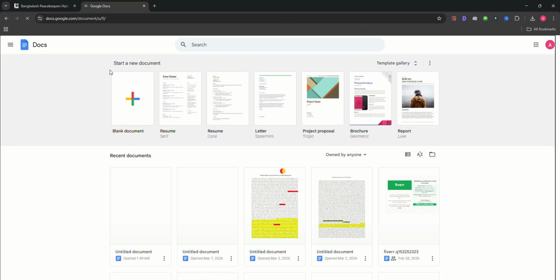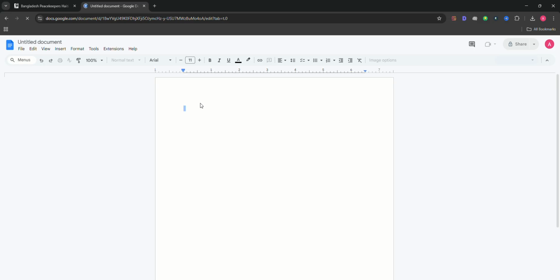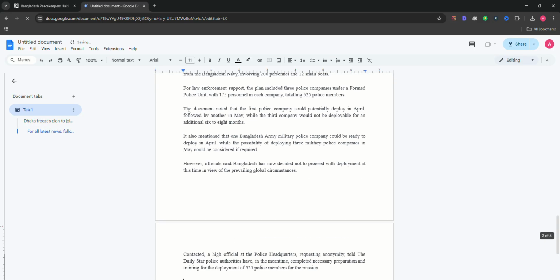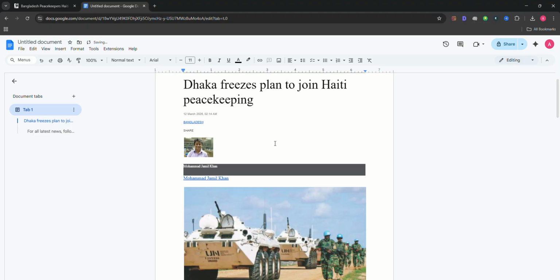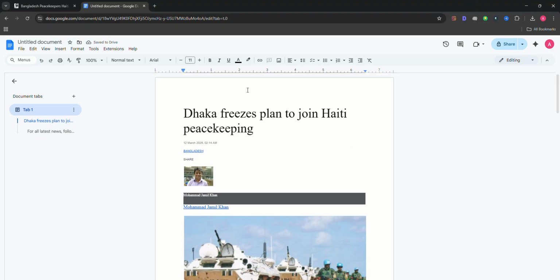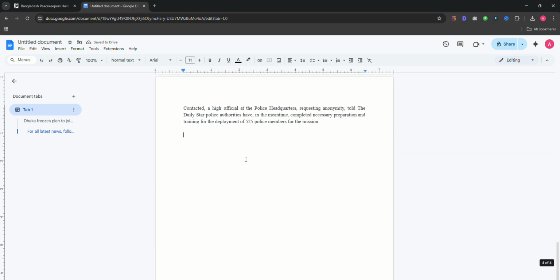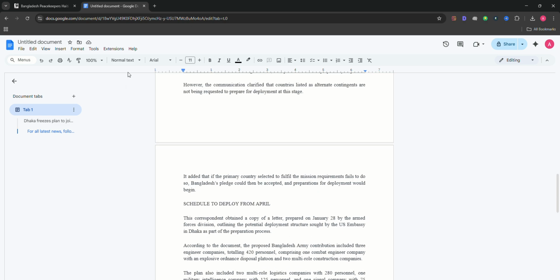jump into my Google Docs file, and then I have pasted the article in my Google Doc file, and then what I'm going to do now, I'm going to select the